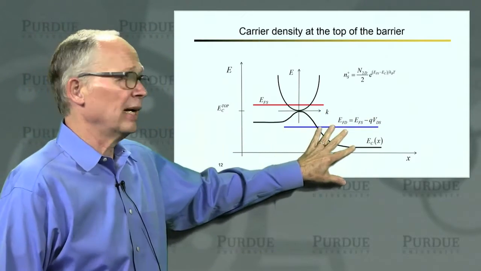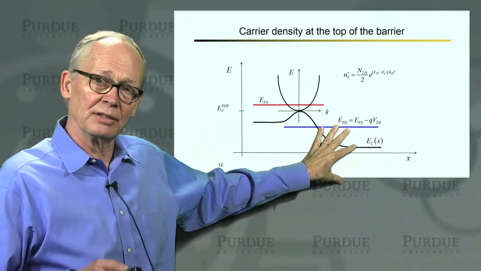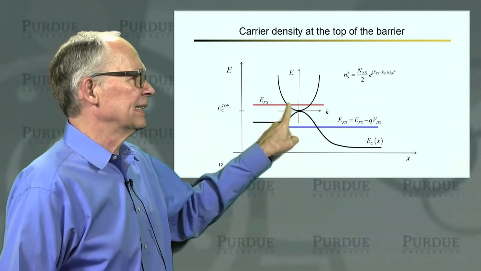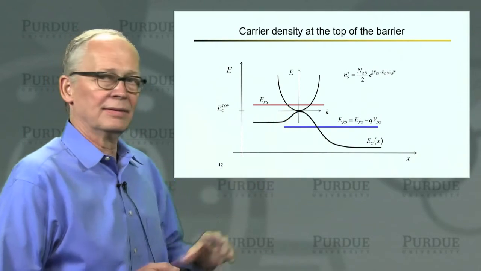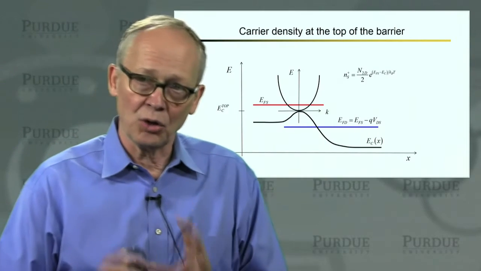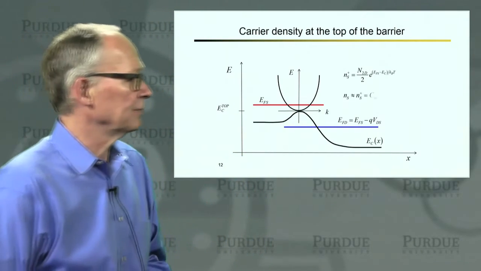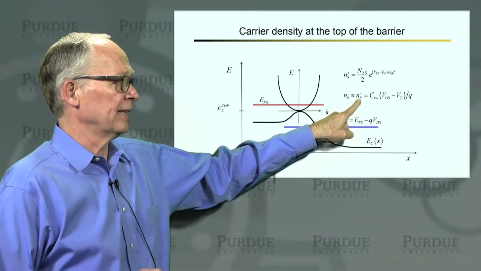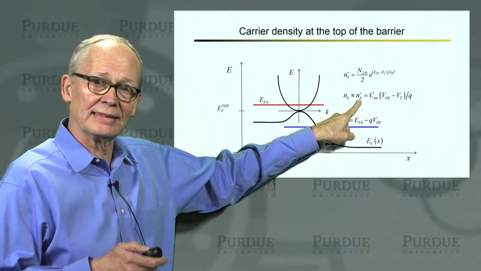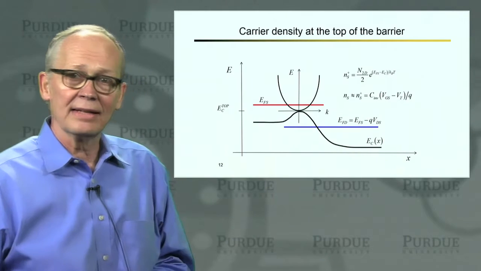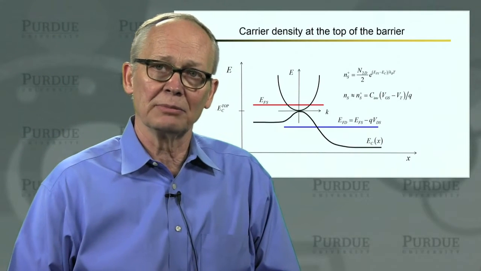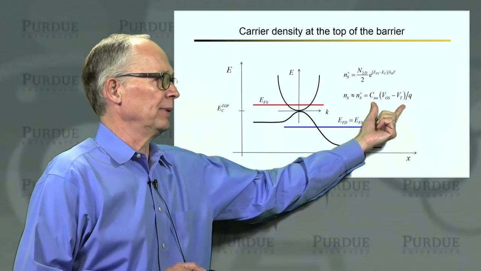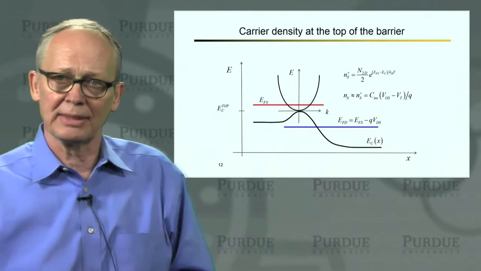Okay, now if I've applied a large bias, which is what I'm doing under on-current conditions, the drain Fermi level has been lowered a lot. There is an insignificant probability that these negative velocity states will be occupied. I only have positive velocity states occupied. Therefore, the total electron density at the virtual source is equal to the electron density with positive velocities that entered from the source. And that total electron density is determined by MOS electrostatics in a well-designed transistor, meaning that that's fixed by the gate voltage and by the threshold voltage and by the oxide capacitance.